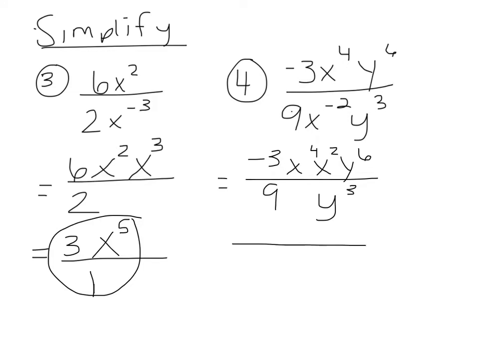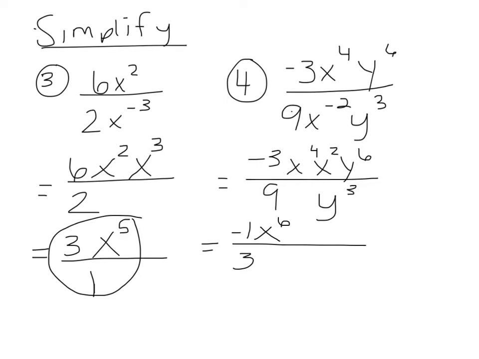Okay. Now we can actually simplify negative 3 over 9 to become negative 1 over 3. They both divide by 3. And then we can put the x to the 4th and x squared together. So when we multiply, remember add, so 4 plus 2 gives you x to the 6th. And then